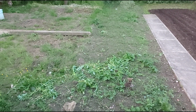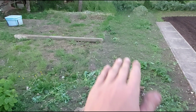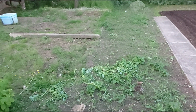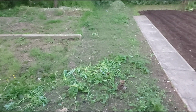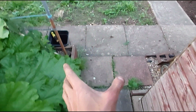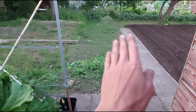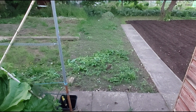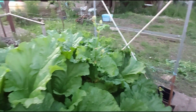I've got a 5 metre by 5 metre tarpaulin, which once I've rotivated all this and levelled it all out, I'll roll out and put the tarpaulin on, and then I'll work the frame system, potentially put the door so that when I walk down between my shed, the door is straight on. These slabs can be moved, they're only just laid on there so they're not stacked up in my way. But as for rhubarb, guys,